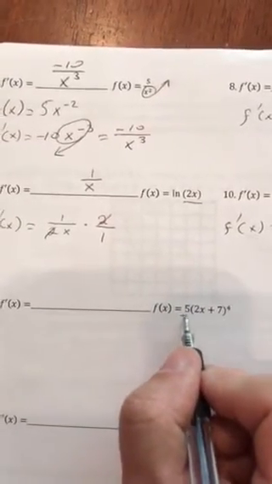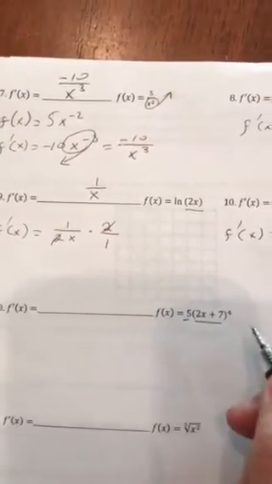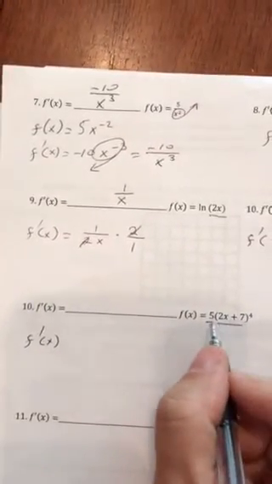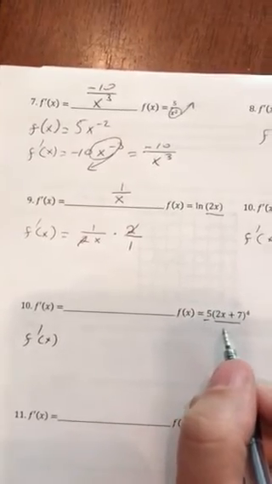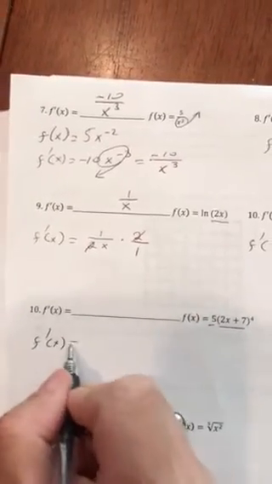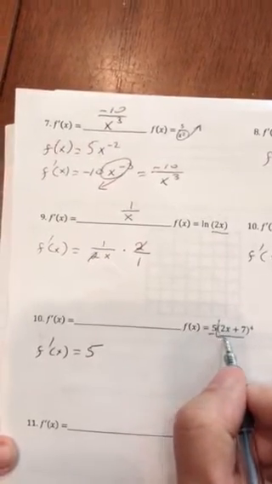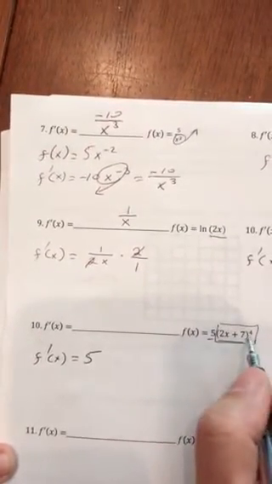This is a simple power rule. 5 times something raised to a power. The simple way to take the derivative again is just take the 5 times the 4. You know what? This one might be a little bit harder, so let's just go ahead and take the 5 and set it off to the side. You can do that on every problem, and then merely take the derivative using the simple power rule,